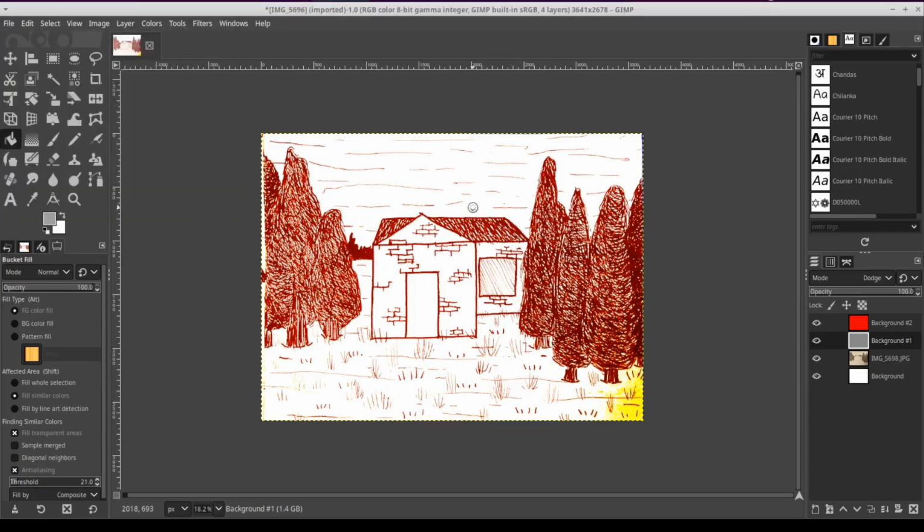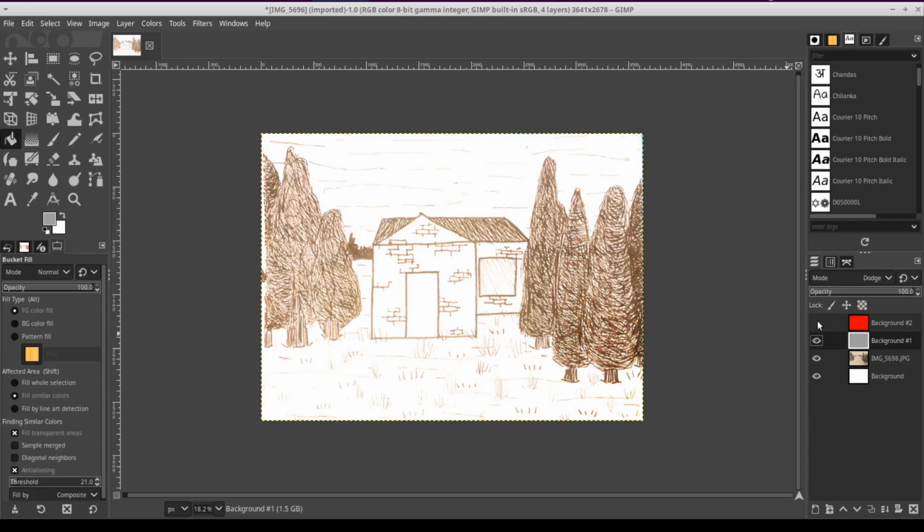And that's different for every drawing, but the lighter the original picture was, the brighter, the more lit the paper was, the more white it was originally, the darker the color can be that you're filling with. And now, you can turn off this, and see, this looks pretty bad.